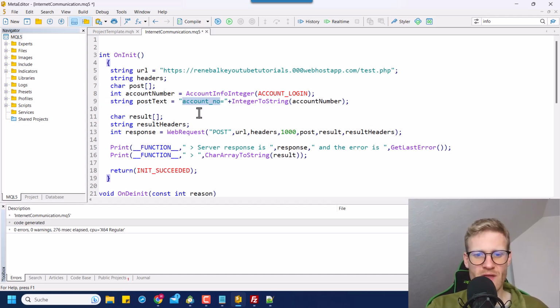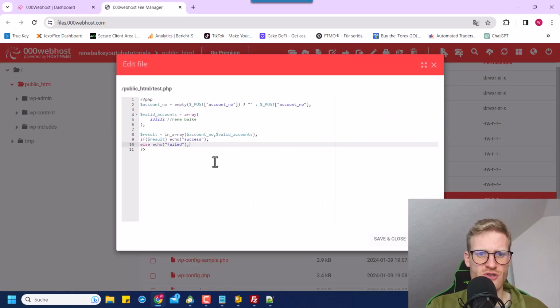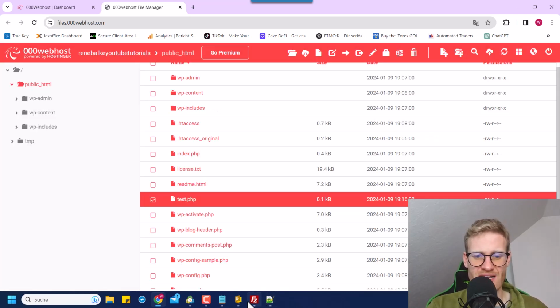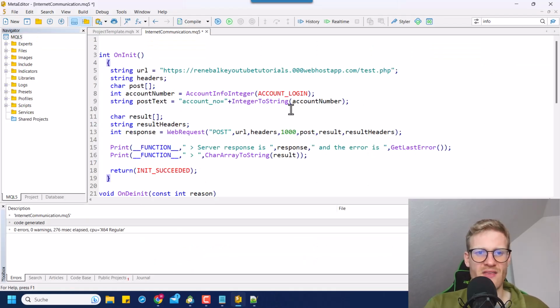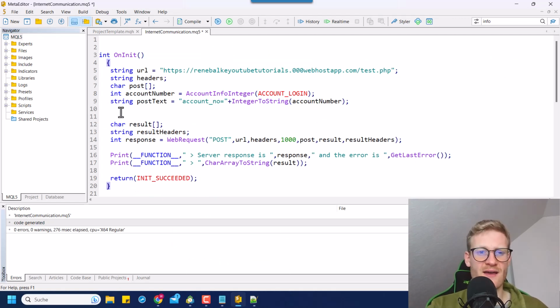You write the name, and this is again, let's open this script here again on the server. This is the variable name or the post data name that the server will then try to read. So this has to be exactly like here, like account underscore number, because this is what the server expects from the post data. So if you set it up like this, we can now go ahead and say